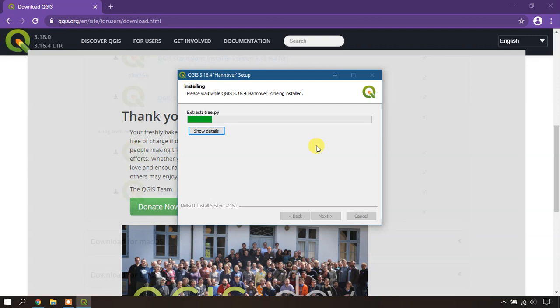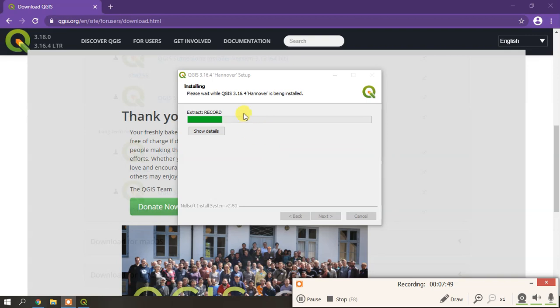You don't have that many bugs in it, so that is the difference. You can install both of the software and work. I think it will take around 7 to 8 minutes, the same time.